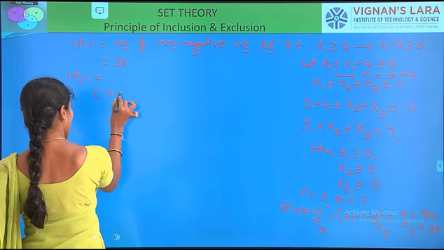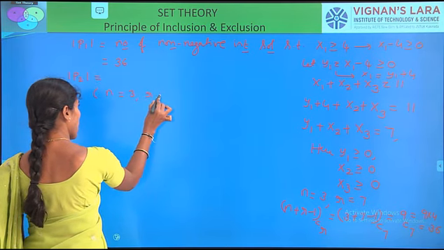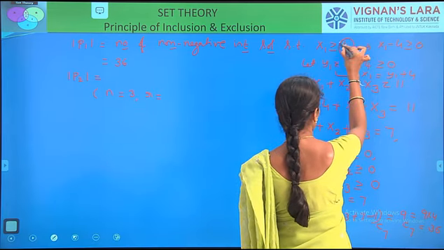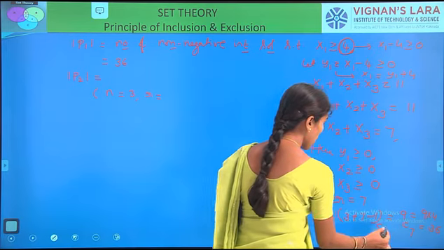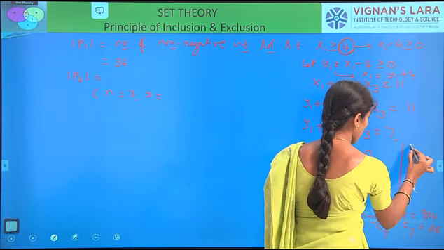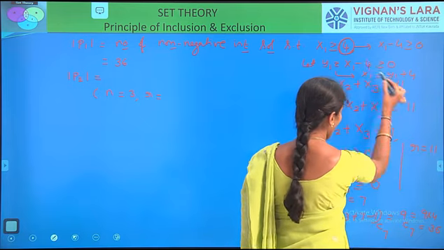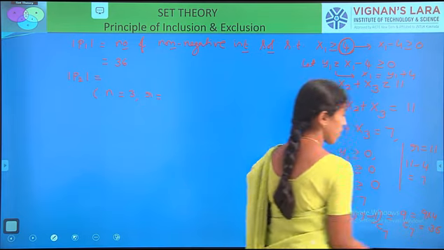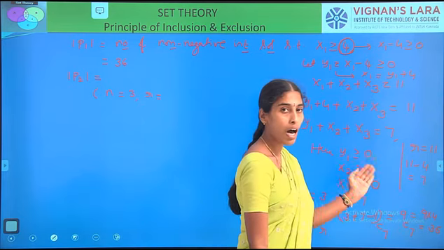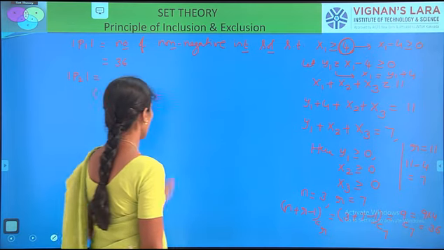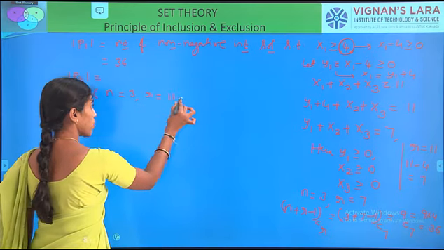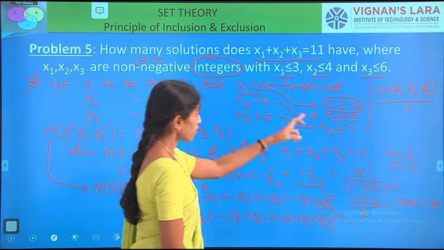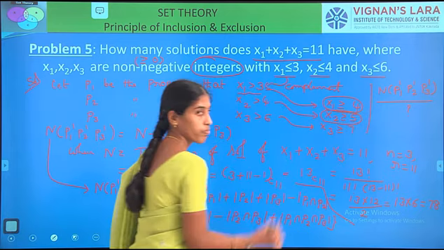Listen carefully. Here n value is 3. How can we get the r value? Here, if the condition is greater than or equal to 4, we subtract this 4 from the r value. Actually, r value is 11. So if we subtract this 4 from r, we get 11 minus 4, which becomes 7. So this 7 is the new r value using this condition. Now what about P2? Total value 11 minus, what is the constraint of P2? P2 is nothing but greater than or equal to 5. Right?